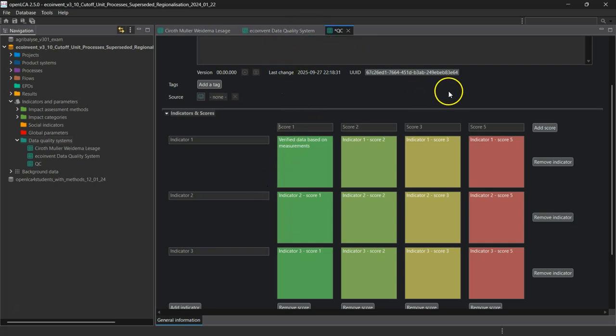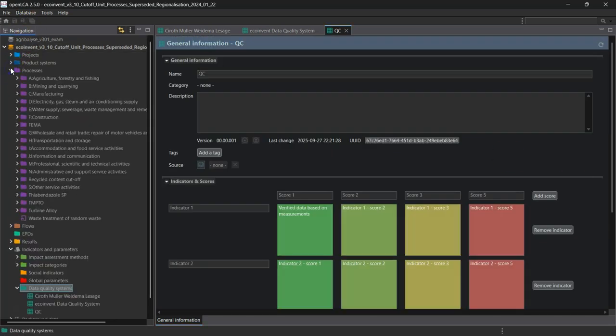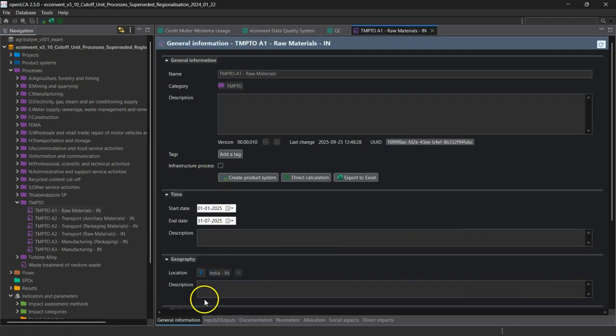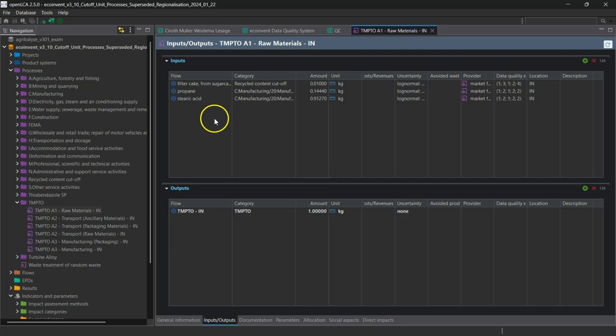So this is how you can create it, and while you are going through the process for any particular modeling, for instance, let me see this one. Some product raw material stage is there. Okay, so these are all the inputs. So I have 3 inputs: filter cake, propane, stearic acid, right? So what